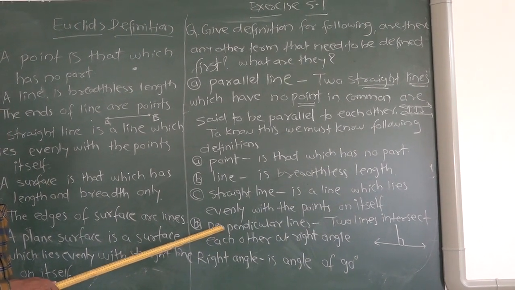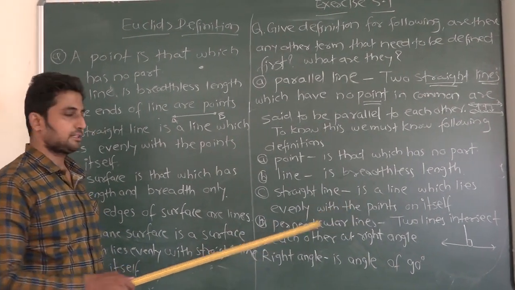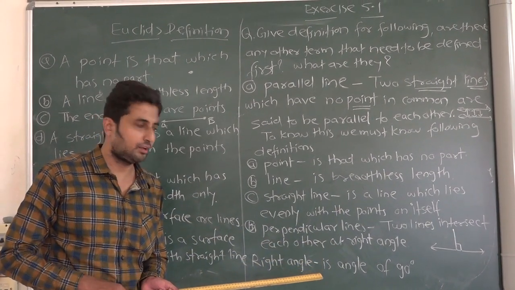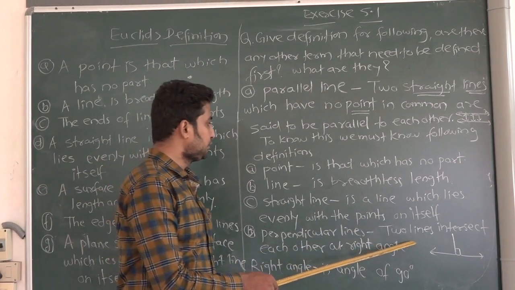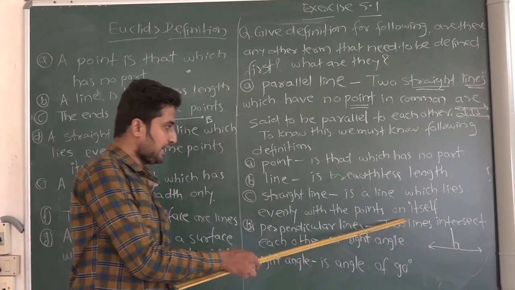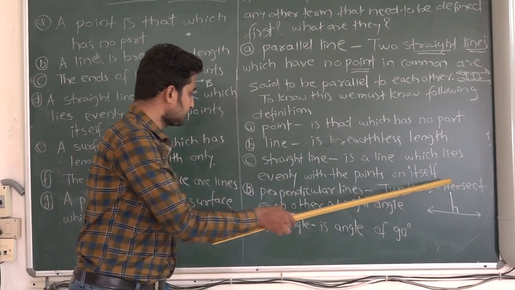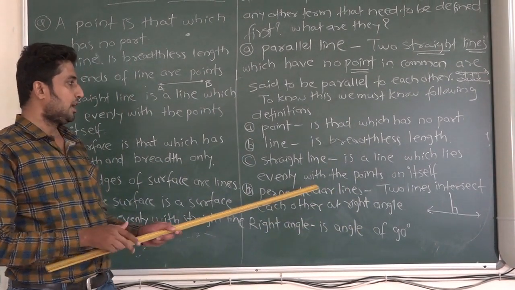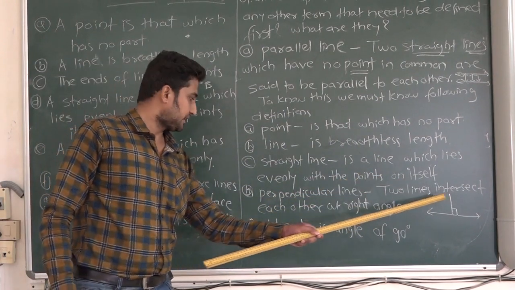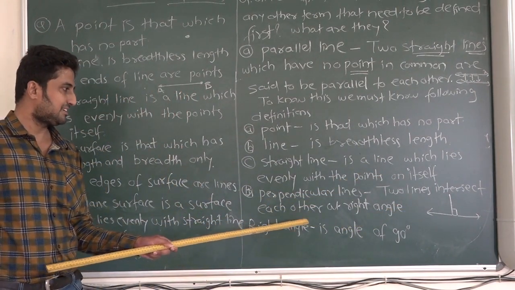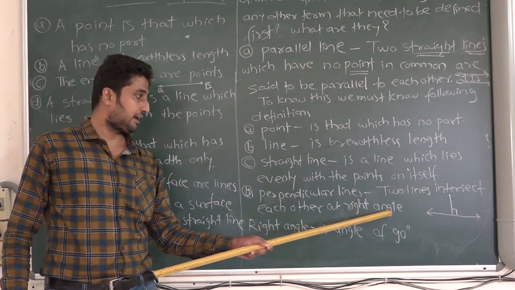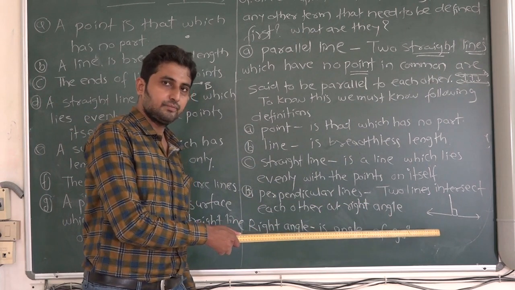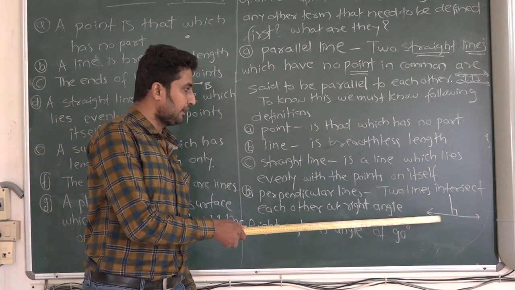Next one is the perpendicular lines. So dear students, to understand this concept, what is meant by perpendicular line, we have the definition like this: two lines intersect each other at right angle. Okay, the definition is we have two different lines which intersect each other at right angle. Means here the condition is we must have two different lines as well as it intersect